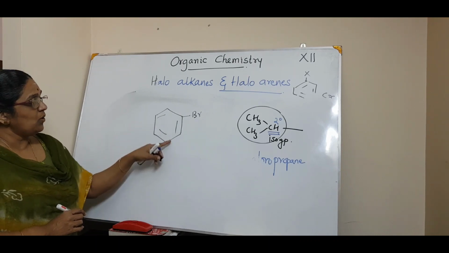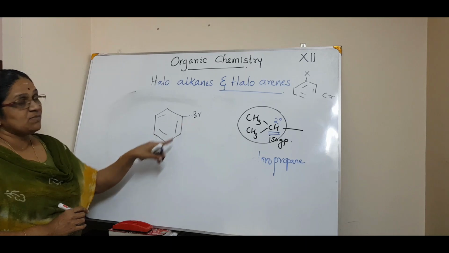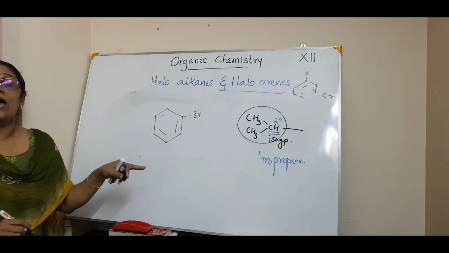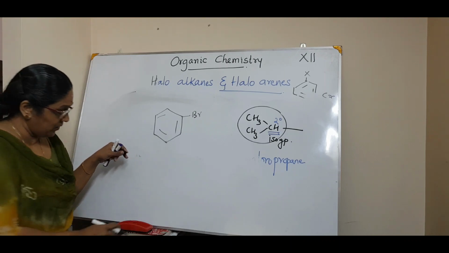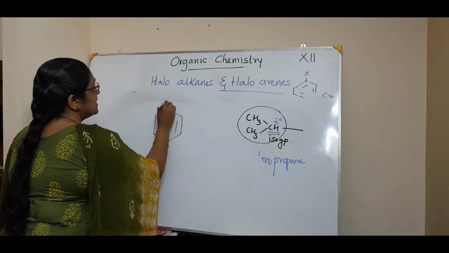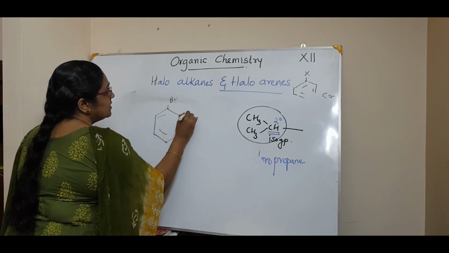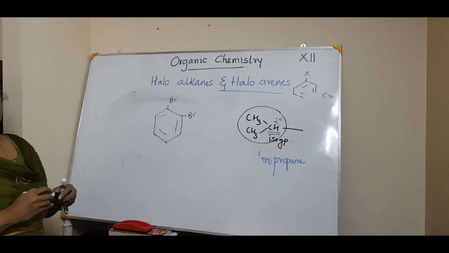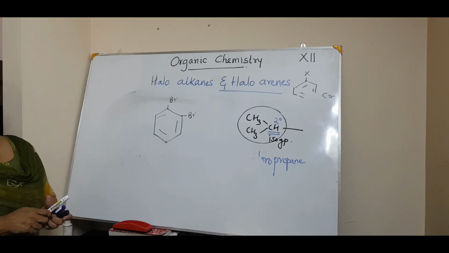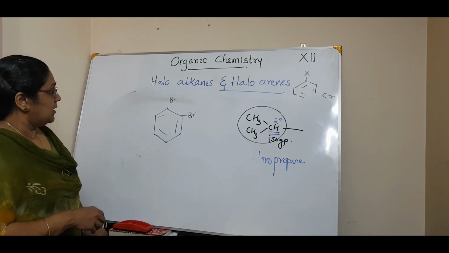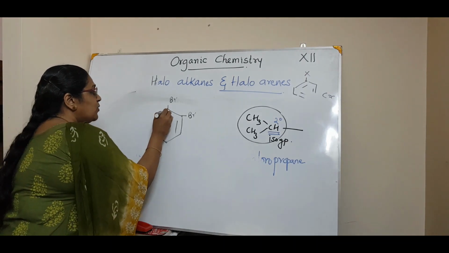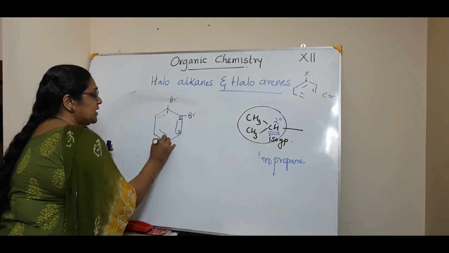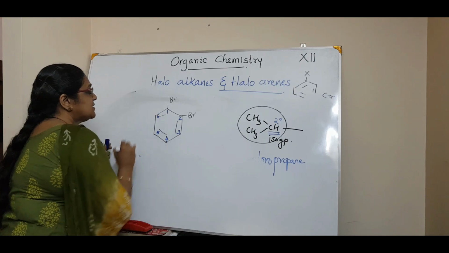So this is how, if a halogen atom is in a benzene ring, you can call that halobenzene. Listen, halobenzene. Okay. Now, if there are two bromine atoms, how will you write the IUPAC name when two bromine atoms are there? Then you have to number it. How will you number it? You have to number 1, 2, 3, 4, 5 and 6.